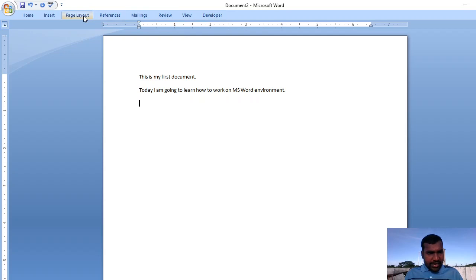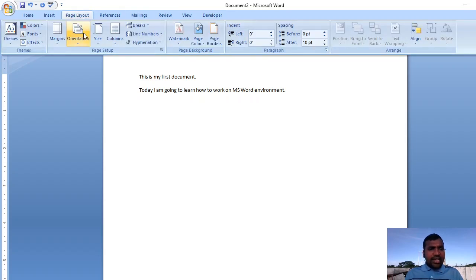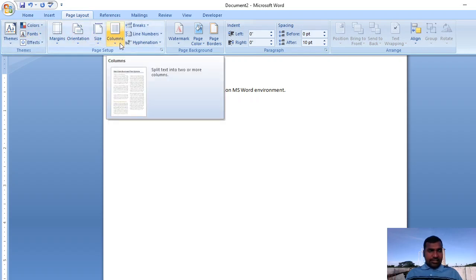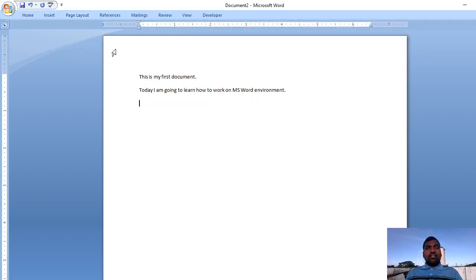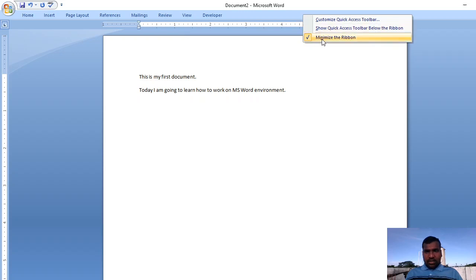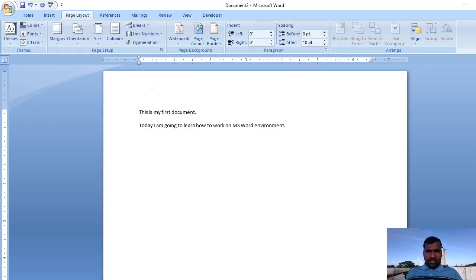If you click any one of these menus, then only the different commands available in the ribbon are displayed. Okay, and if you are performing something, then that particular ribbon is not visible. So again, right click with the mouse anywhere on the menu bar and uncheck this menu, minimize ribbon. Now it is displayed. Okay.